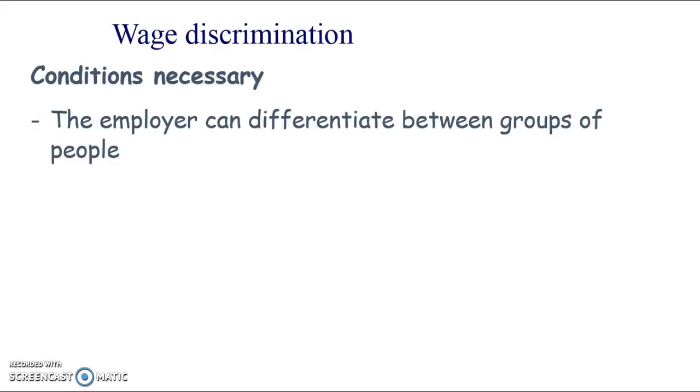Very visually, you can tell if someone's from a certain ethnic heritage, or you can kind of make an approximation. Obviously, people are all kinds of mixes, all kinds of backgrounds these days, and there's so many different cultures in the world, but visually you can tell the difference between a black woman and a white man. They look different, so this might enable employers to carry out discrimination, whereas if they couldn't see the difference, so